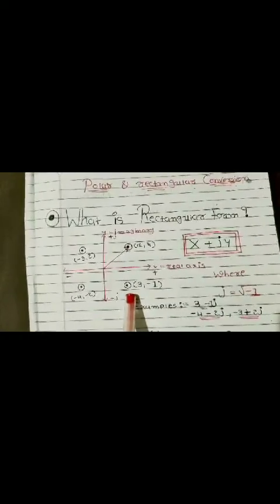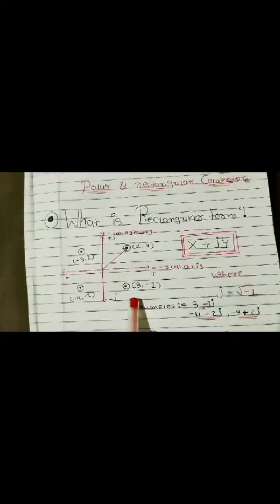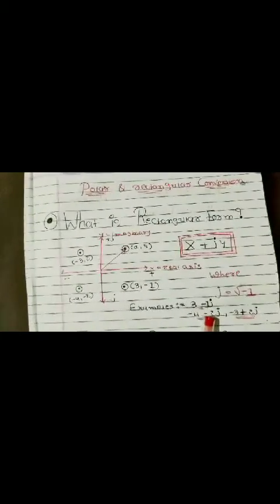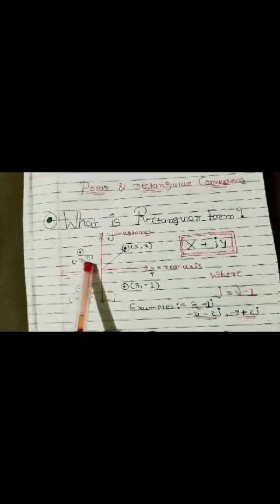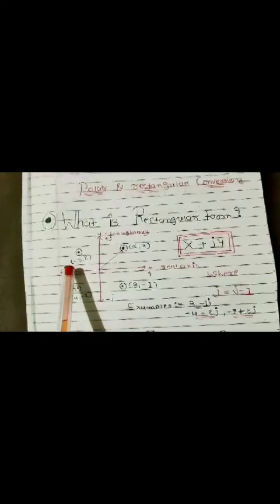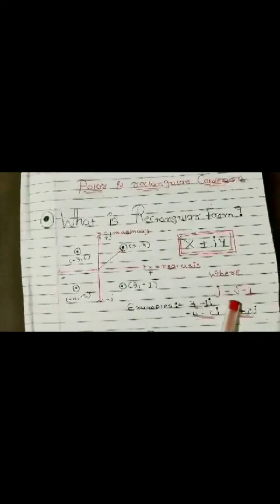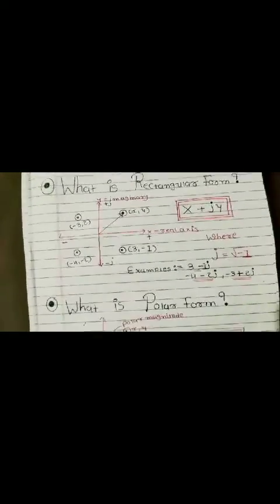Here are some more examples that we know. The first example is a point 3 and -1. So we can write this point in rectangular form as 3 minus 1j. Here one point is -4, -2. So we can write this point as -4 minus 2j. And here is a point that we have, -3 and 2. So we can write this point as -3 plus 2j. Okay.